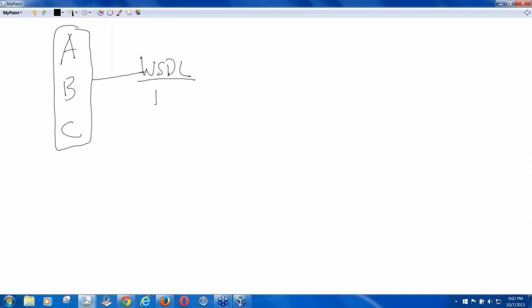WSDL is too technical, right? Believe it or not, WSDL is written in XML, and it is too technical. So a lot of people shy away from even looking at WSDL, because they say, oh, the information inside the WSDL is all XML and it is so technical that I am scared to look at it. So I will let SoapUI